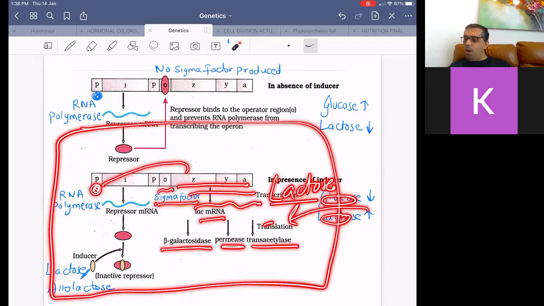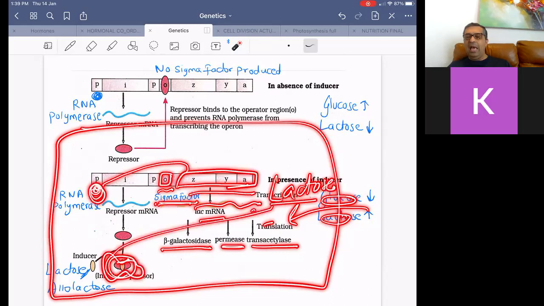Lactose will keep on binding to the repressor protein and changing its shape, and the repressor protein cannot bind to the operator, so the operator will produce sigma factor. Sigma factor will bind to the RNA polymerase. RNA polymerase will do transcription of LAC-Z, LAC-Y, LAC-A to produce lac mRNA, which will produce more beta galactosidase, permease,